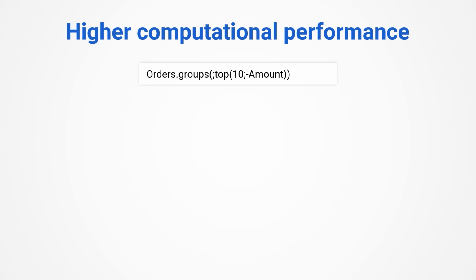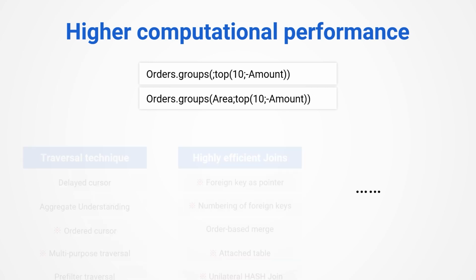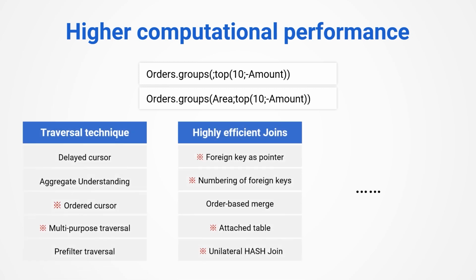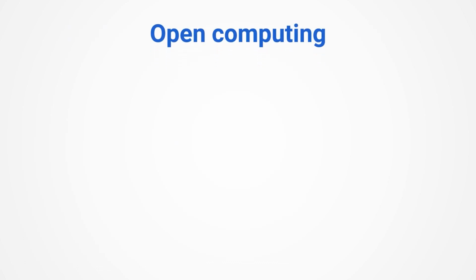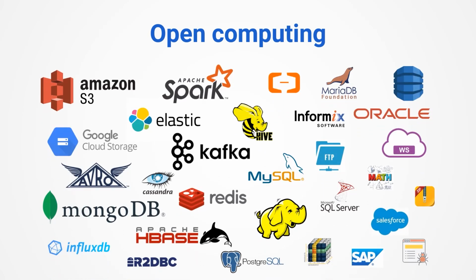For example, in the top-N problem mentioned earlier, SPL understands top-N as aggregate computation, and the computational logic does not require big sorting, which is much faster. Moreover, the top-N within groups and the top-N of the entire set are written in the same way. There are many high-performance algorithms provided by SPL, and the ones marked with asterisks here are original algorithms created by SPL. SPL naturally has openness, and can directly calculate various data sources, such as CSV, Excel and other data files,